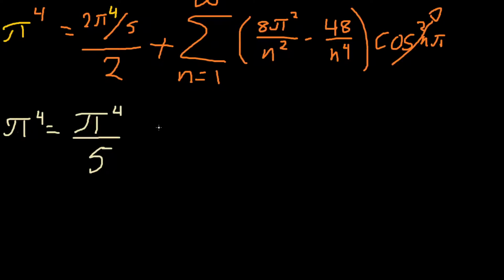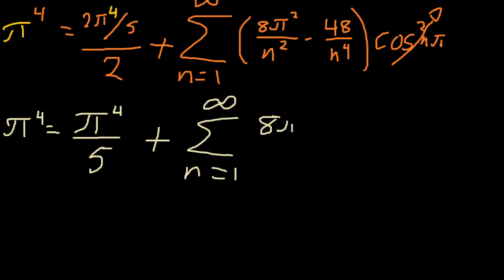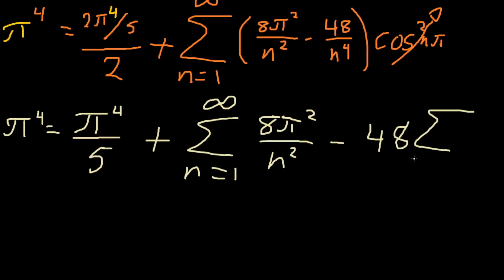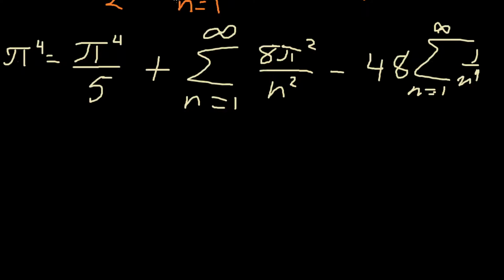Anyway, split this into 2 infinite sums. Bring the constant term out of that one. I hope you can see that. I hope that hasn't cut off. I'll rewrite that better anyway. Move this across, we get 4 pi to the 4th over 5